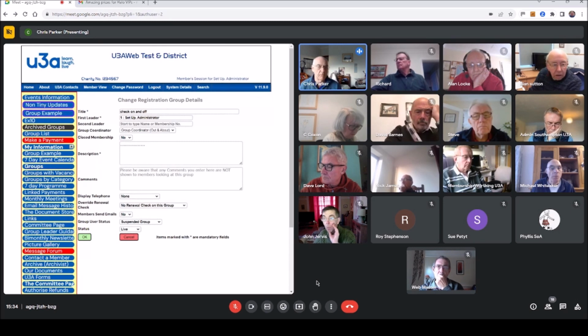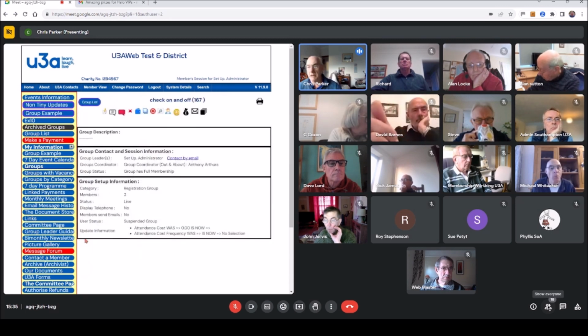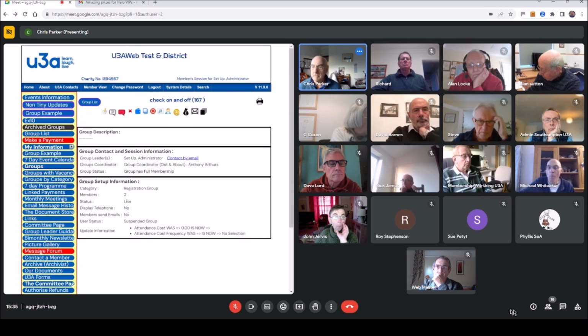So you can basically control how many people are in the group. Once you get to the number you want, you can set that to close to yes, and it will no longer offer anybody who comes in an opportunity to join that group. That's been put in 11.9, so you should be able to see that now.